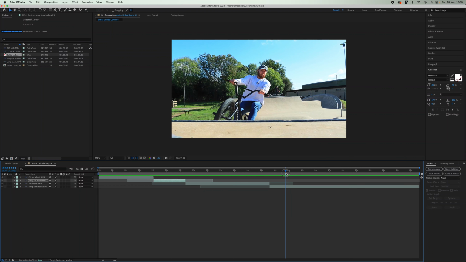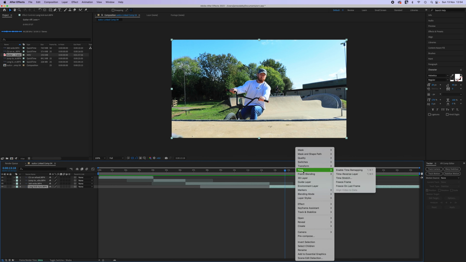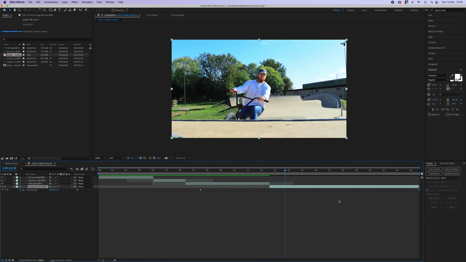this works in the same way, but we now have to add a different value, because previously we were using transform for things like scale and rotation, and what we need to do now is remap the time for this clip. So I'm going to click on this clip, right click and go to time and enable time remapping. Okay, and what you'll end up with is keyframes which are connected to this clip in different ways. Okay, so like you've got one at the end and one at the beginning, which is kind of where the